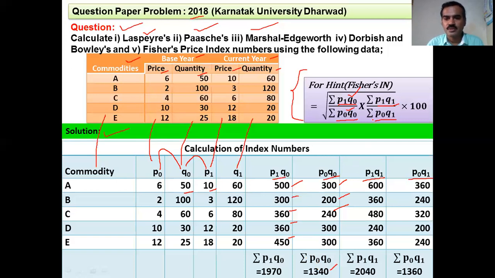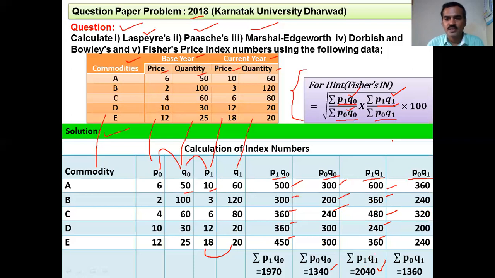Now let us come to P1 Q1, that is P1 into Q1. 10 into 60, 600. 3 into 120, 360. 6 into 80, 480. 12 into 20, 240. 18 into 20, 360. Total it, and you will get sigma P1 Q1,